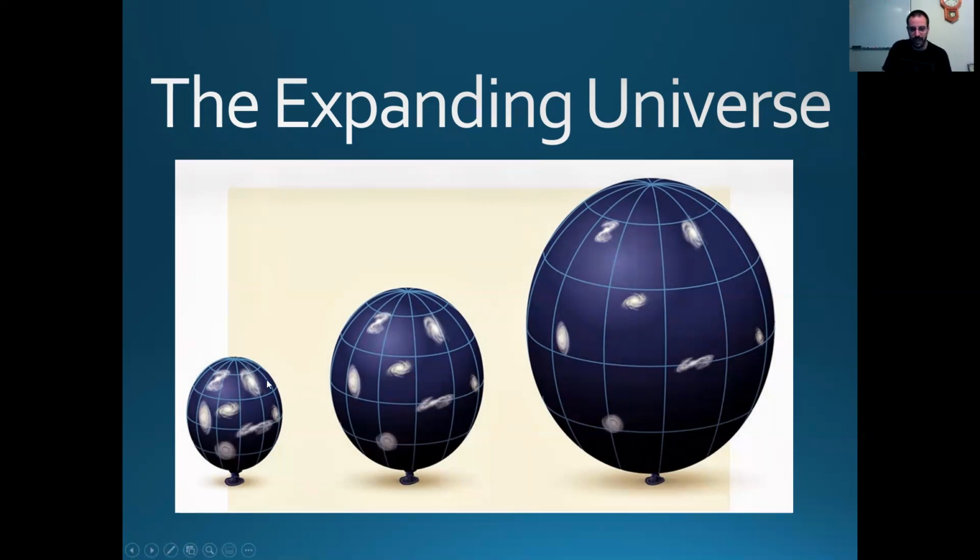So imagine all of these galaxies on the surface of the balloon. As I blow up the balloon, if this galaxy says, where's the center? Well, the center is not anywhere. Where these galaxies are, the center is, if you will, someplace else. All of these galaxies are expanding, and for each galaxy, the recession speed is proportional to the distance. The further away the galaxy, the faster it's receding.